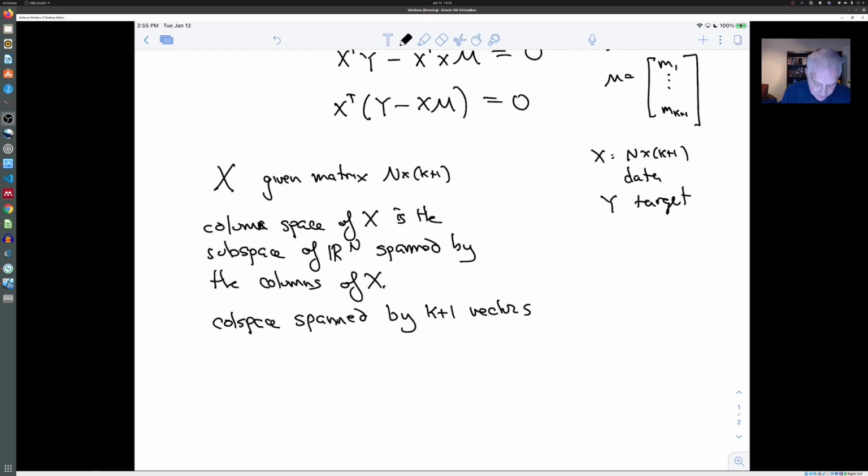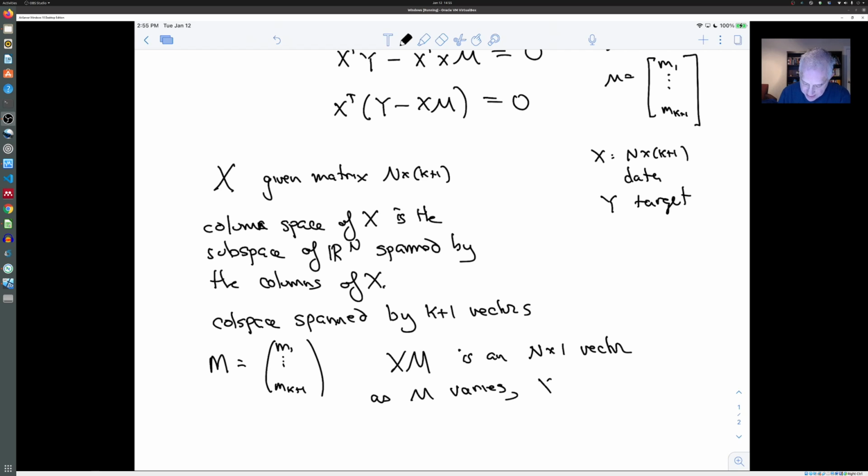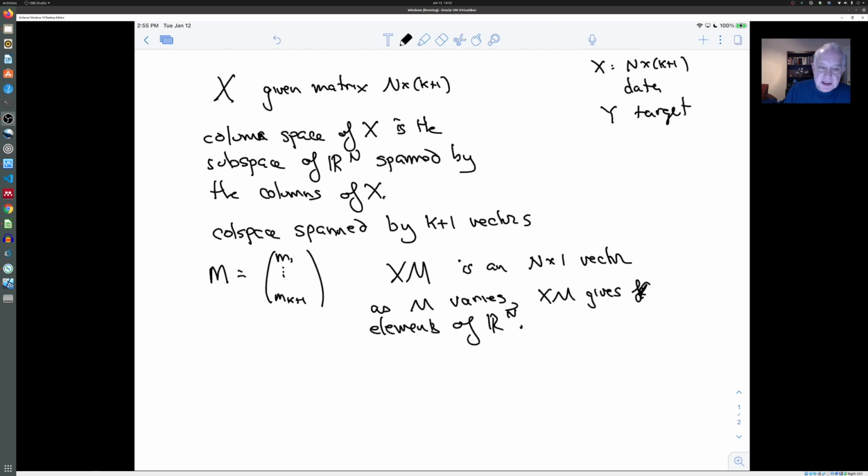Now, let's suppose that we take a vector m, which is m1 down to mk plus 1. Think of it as a vector with varying entries. When we multiply x times m, we get an n by 1 vector. So as m varies, xm gives elements of Rn. But in fact, each of those elements belongs to the column space of x, because